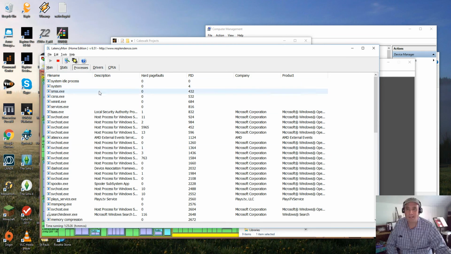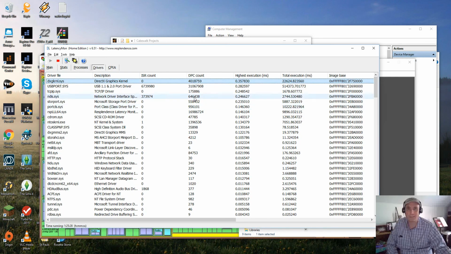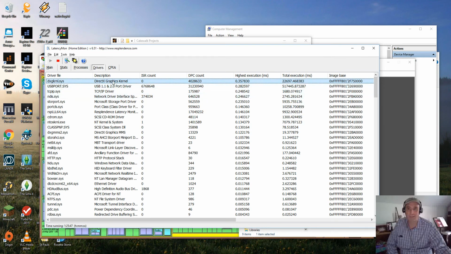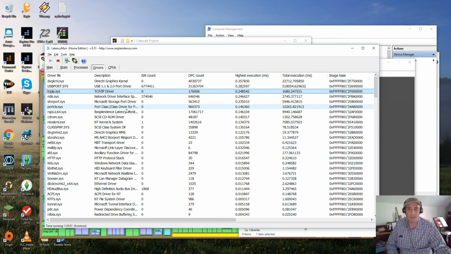Then it shows you all the processes that are running on your PC. But this is the tab that I find the most useful. This is the drivers tab. And if you look here, you can see my USB port.sys has pretty high latency. And then this one, which is a DirectX graphics kernel. And then the TCP drivers there. So if I stop it,